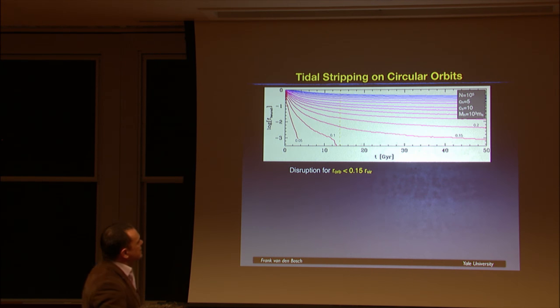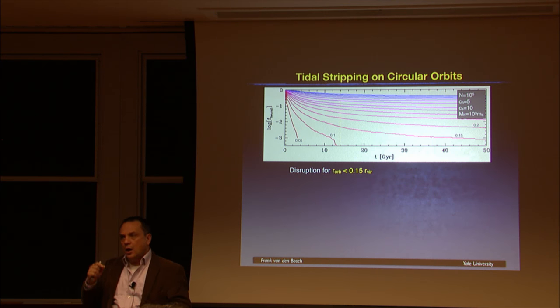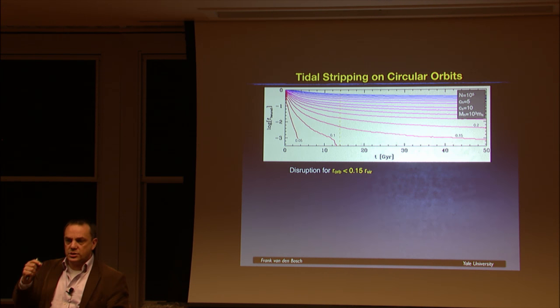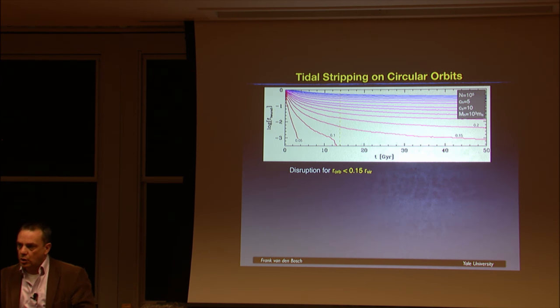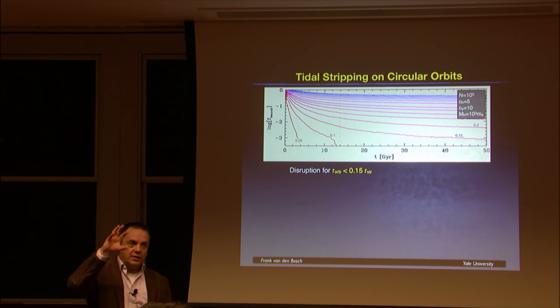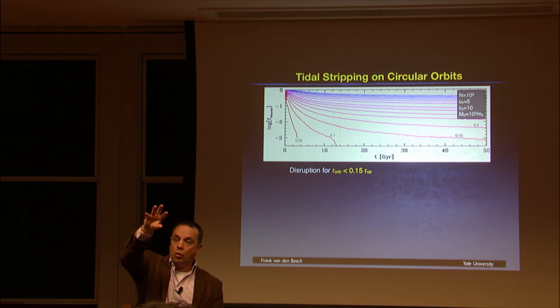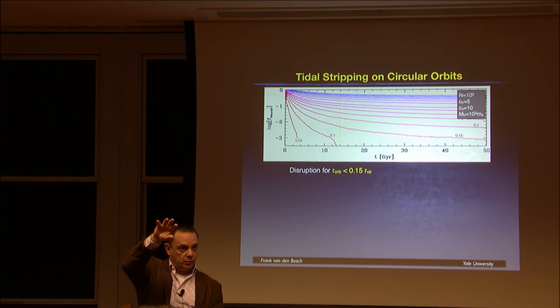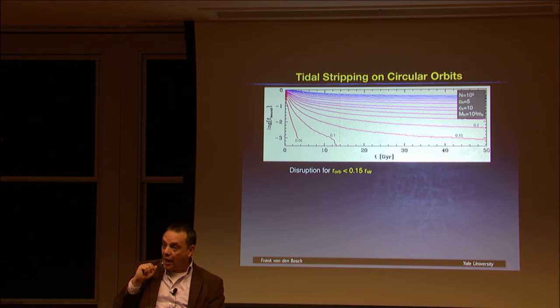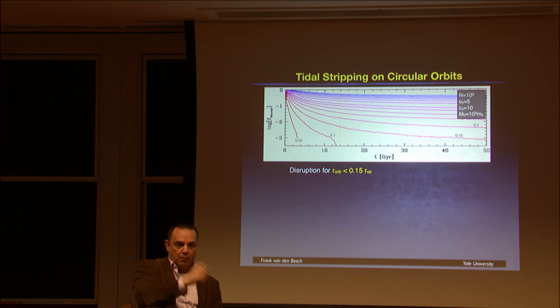So for reasons that I don't even recall, I decided to take this 0.15 simulation and run it 10 times with 10 different random realizations. What does a random realization mean? Whenever I set up the initial conditions, I have to draw positions and velocities from an energy distribution function, and that's a random process. So I can do that 10 different times. Running these different random realizations should be the same as running a simulation on Monday or Tuesday. It should not make a difference.